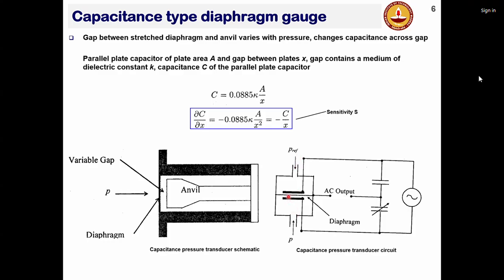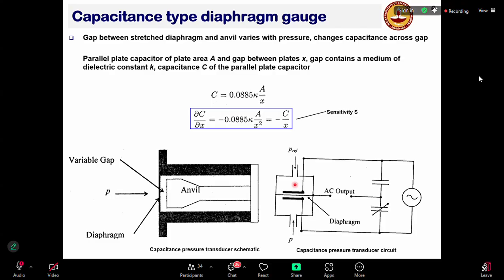Now, initially, the source pressure and the reference pressure are equal. Now, if the source pressure increases, the diaphragm would deform. So before the pressure is increased, when it is equal to the reference pressure or the atmospheric pressure on both sides,